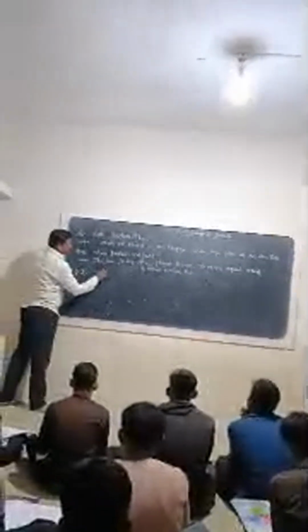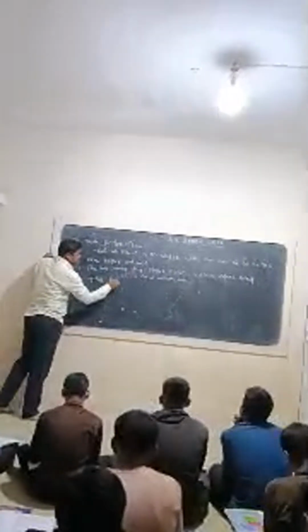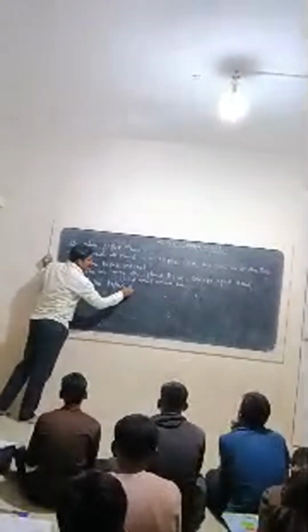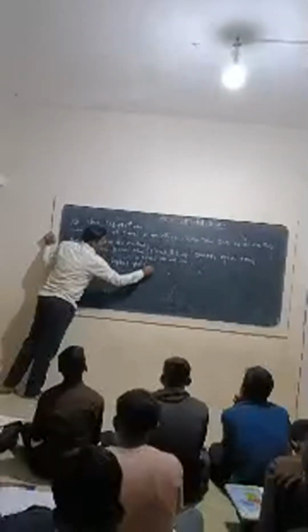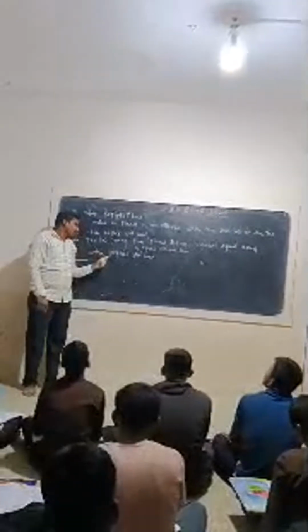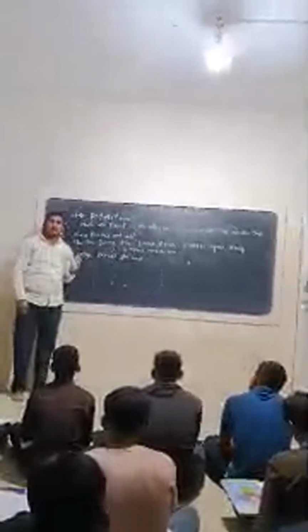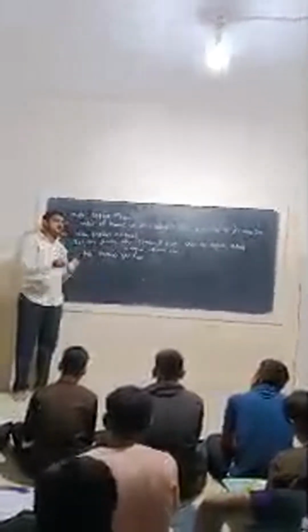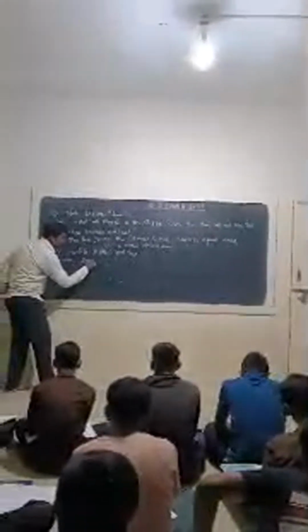State Kepler's third law. It is also asked: state and explain Kepler's third law. If you write it, first write the statement and then write the two equations. First write the statement: the square of its period of revolution